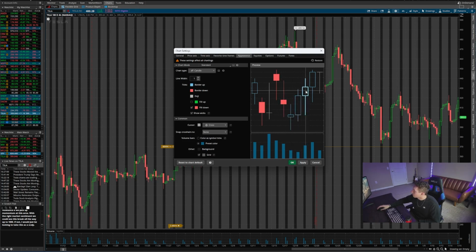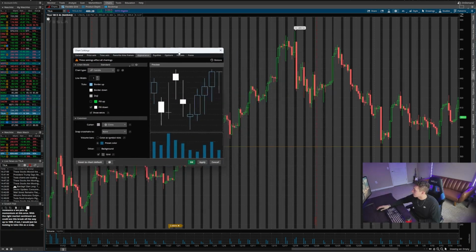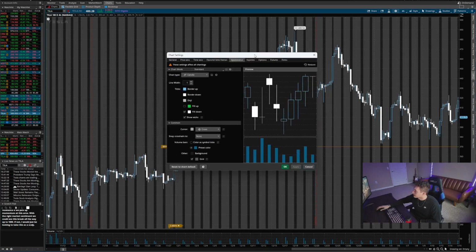So now your green candles are going to be colored blue, and we can click the border down to change your red candles to white, and the fill down to change your red candles to white as well. So let's just go ahead and click apply on this and see what this looks like. Now your chart is completely changed as far as the color goes, but that's just one of the ways you